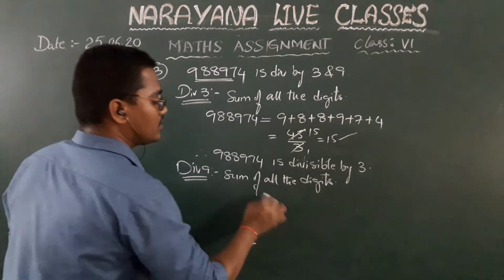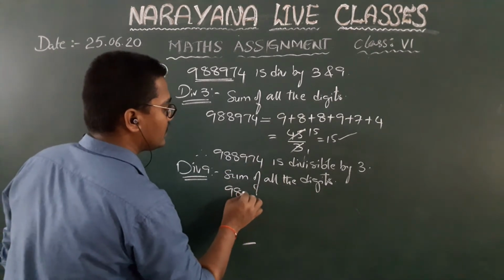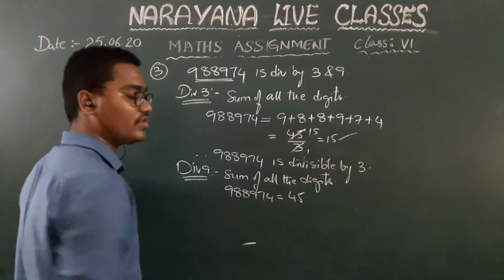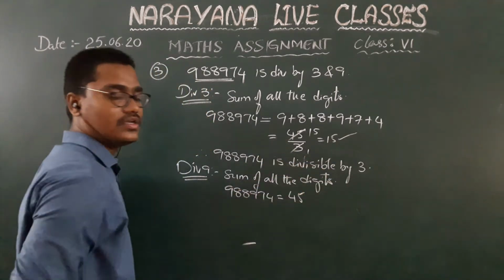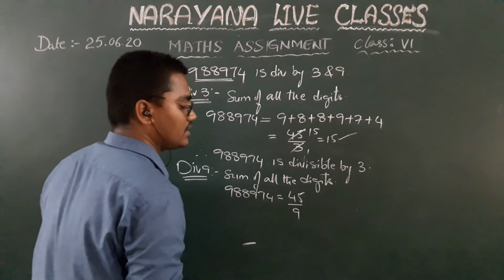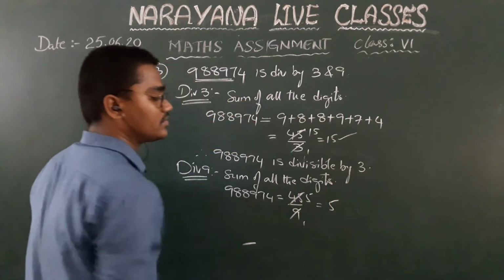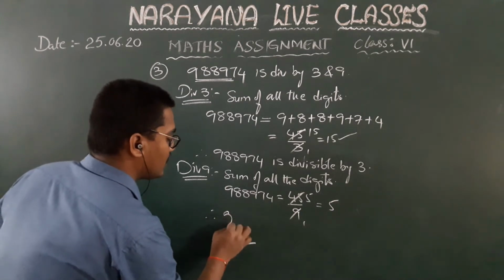So, take the example 9,88,974. When you add the digits, the resultant answer will be 45. Yes or no? We got 45, right? So, is it divisible by 9? In the 9 table, 9 1s are 9, 9 5s are 45. So yes, it is divisible by 9. Therefore,